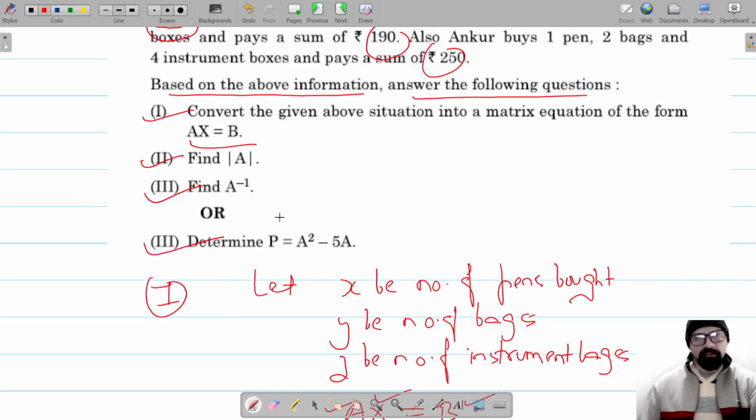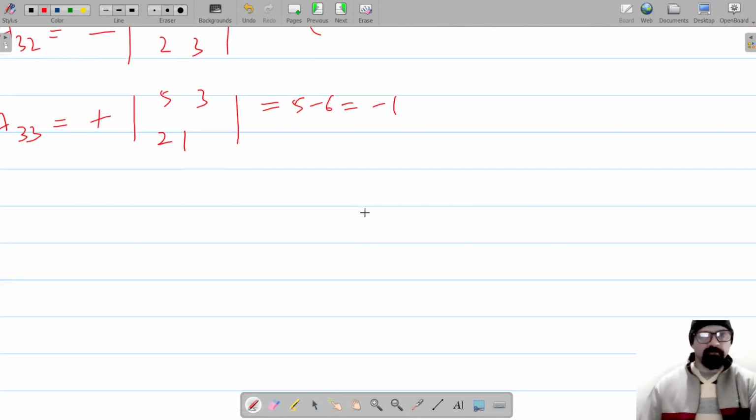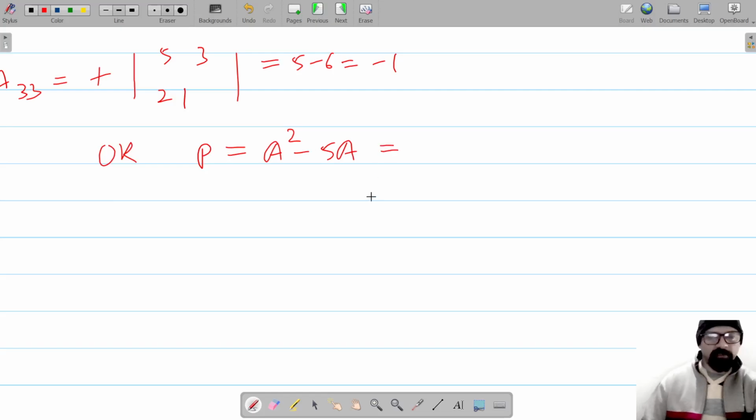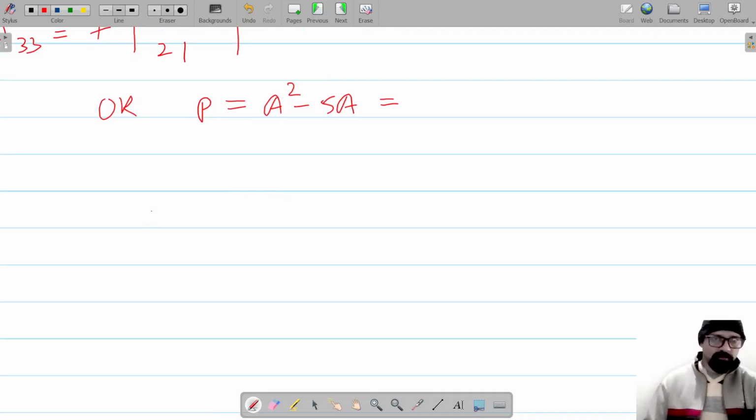Next पूछा है: determine the matrix polynomial P = A² - 5A। तो अब आपको निकालना है, ये इस question का और part है। तो हमें निकालना पड़ेगा A और A का product। तो पहले निकालते हैं A और A का product। सो A square means A into A।